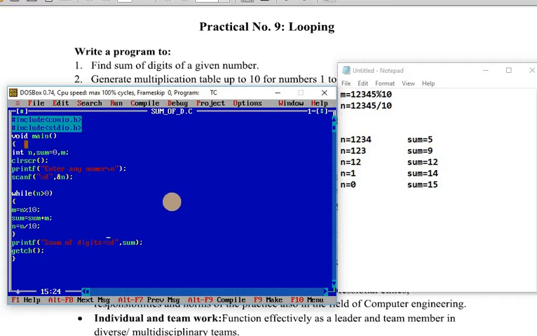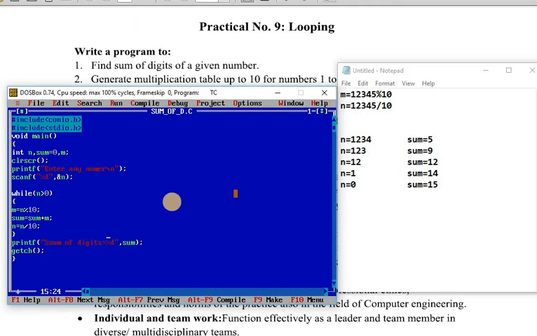But here in this example, we have declared n as an integer. So if we divide n by 10, we will get 1234. That .5 is eliminated by the compiler. Why? Because it is actual typecasting. Here we are converting this float number into an integer, so we lose some data, that is 0.5 will be lost. So now we will continue this process until the number is greater than 0.